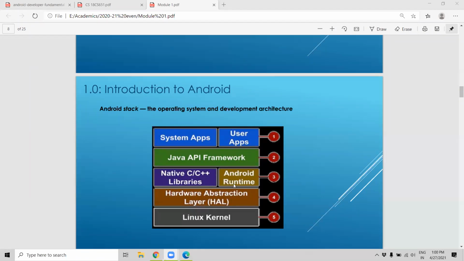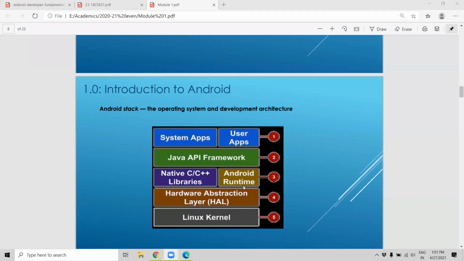That is this library, Android runtime. The Android runtime is for the program we have created, some part of the software has to run. Now, whatever program we write, there will be an app. That code has to run, right? Who is going to run it is this part, Android runtime.